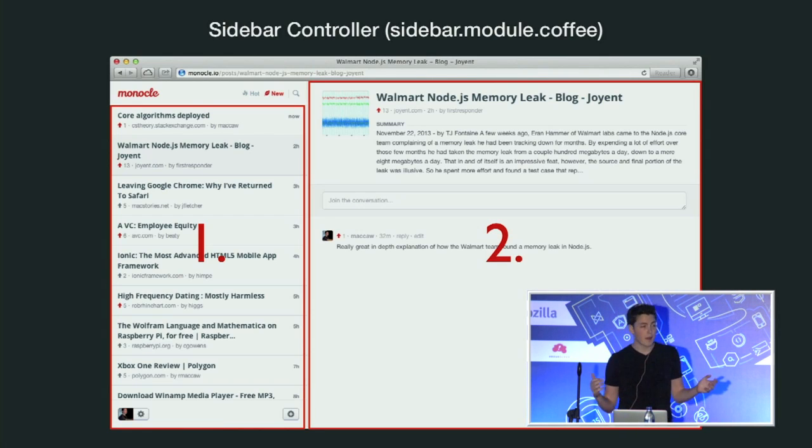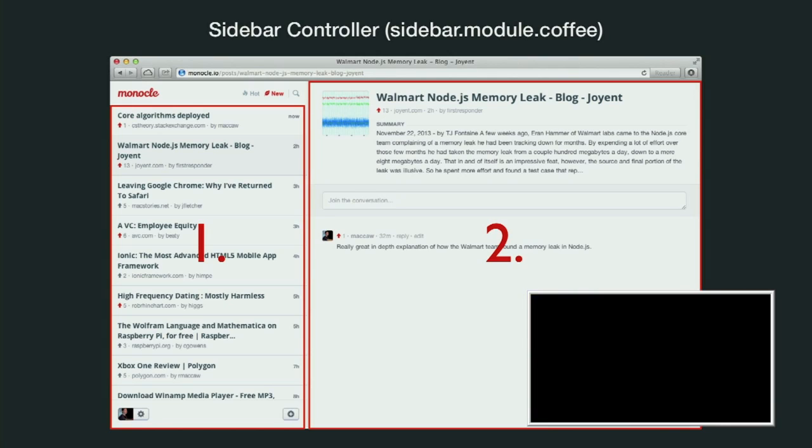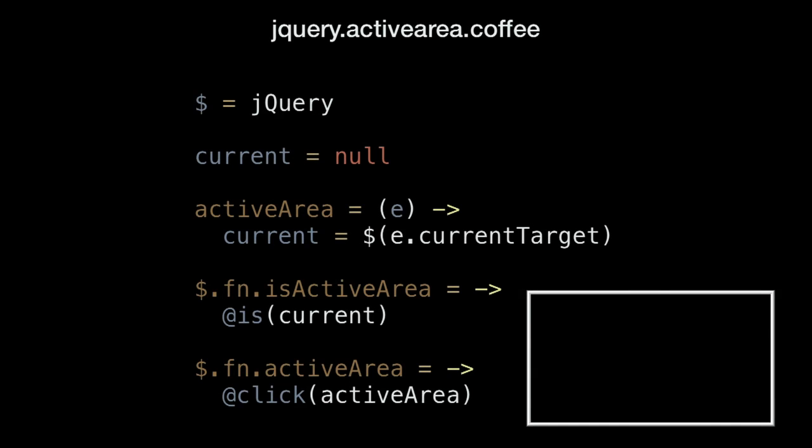If you think about it, the active area is whichever area was clicked last. So I tried to find a browser API to do this. It doesn't exist. I tried for hours. You'd think it would exist. It's kind of a logical thing to put in the browser, but it doesn't. So we're going to have to do this ourselves. We can create this